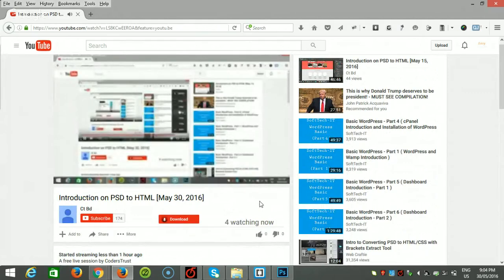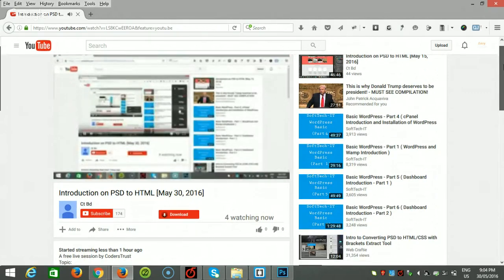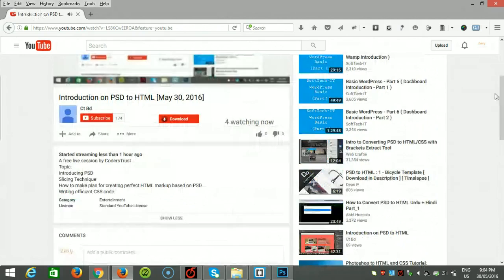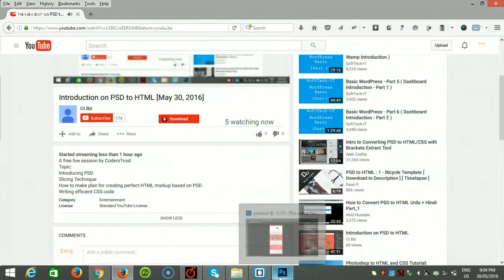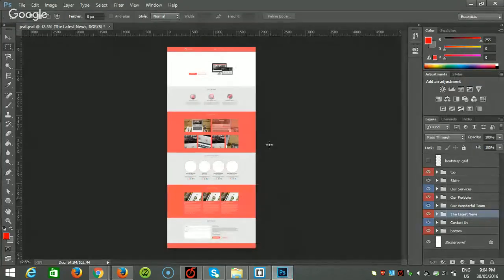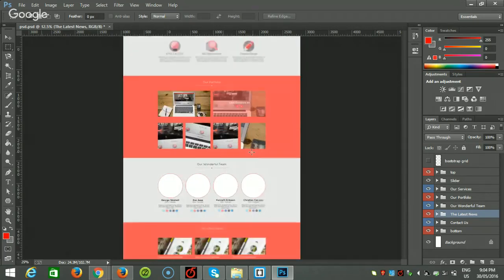I'm going to start our main session by introducing the PSD. What is PSD? PSD is actually a Photoshop document. Photoshop, as you mostly know, is used for design purposes, and PSD is the Photoshop document. But what's the purpose of using the PSD in website design? Well, I just opened the PSD file. You can see here,